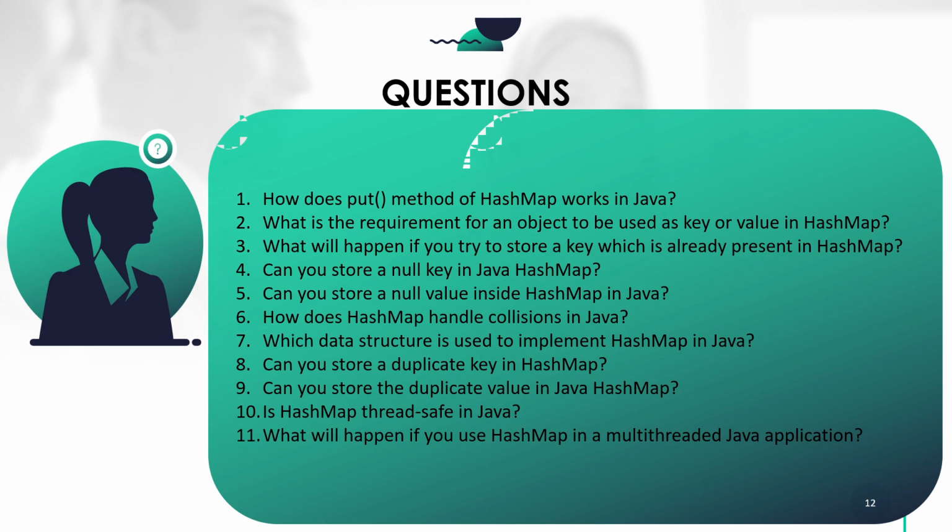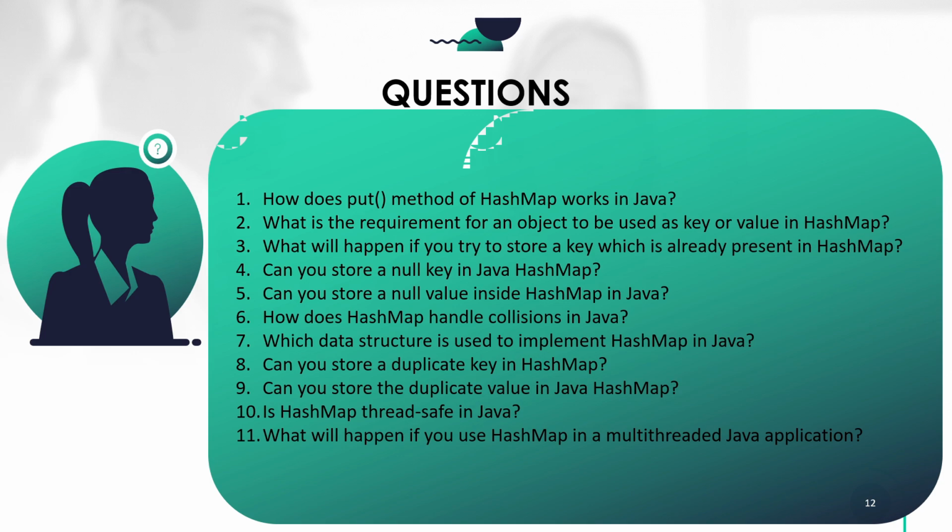Apart from this, the next question is, how does HashMap handle collision in Java? So first of all, what is a collision in HashMap in Java? As soon as the hash code gets calculated and you do a mod by capacity, if it lands on the same bucket again, that is what is called a collision. Now how to handle this collision? Suppose there is already a node on that particular bucket, and now again the hash code mod 16 landed on the same bucket, which will cause a collision.